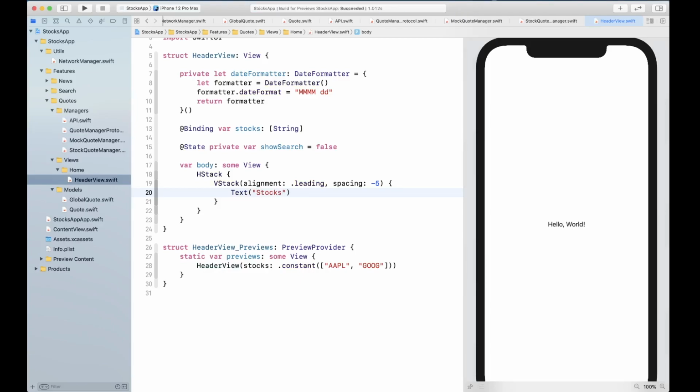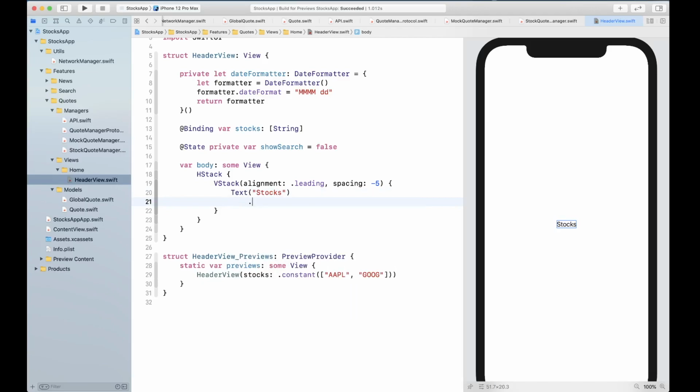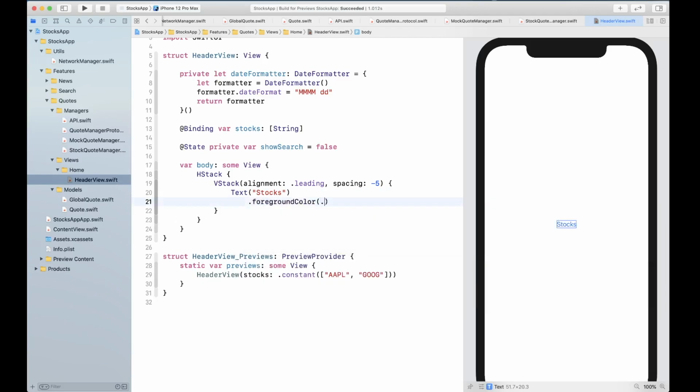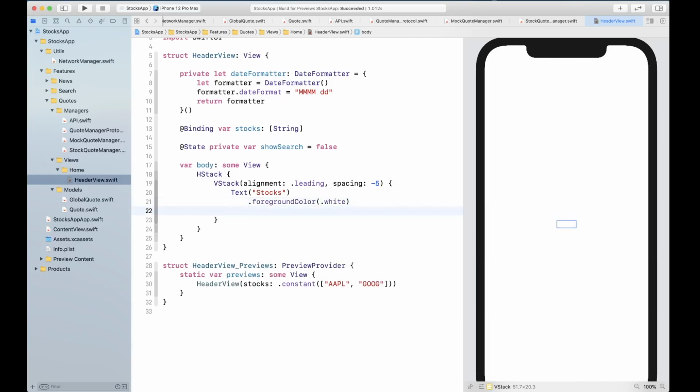Let me go ahead and refresh with Command Option P. Okay, and then we're gonna give the foreground color to be white. You don't see anything. That is just fine. We're gonna see it in a minute.